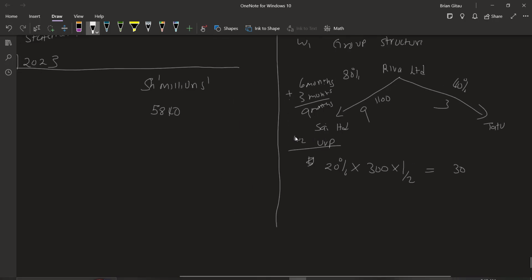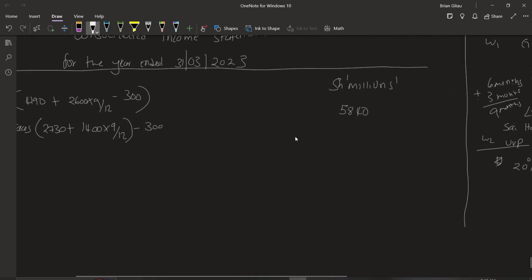So we go ahead and add back 30 there. Another item is the intercompany sale of fixed assets. So that information, we have it on